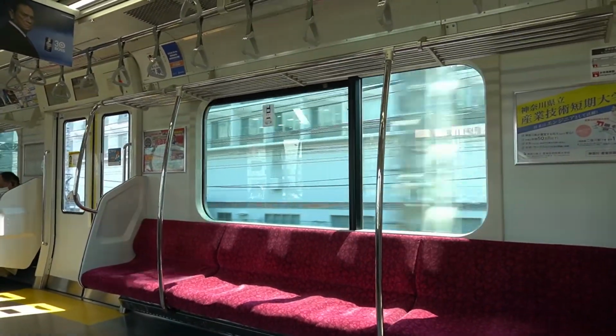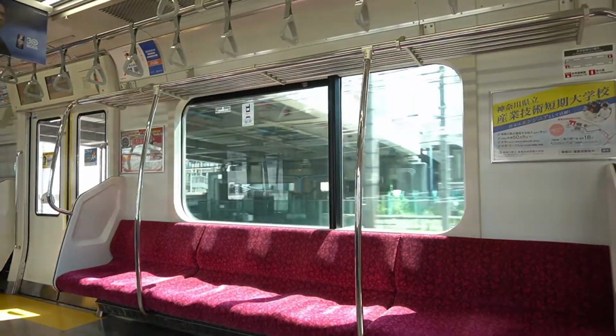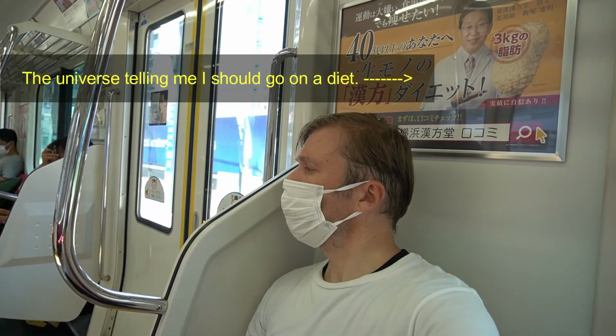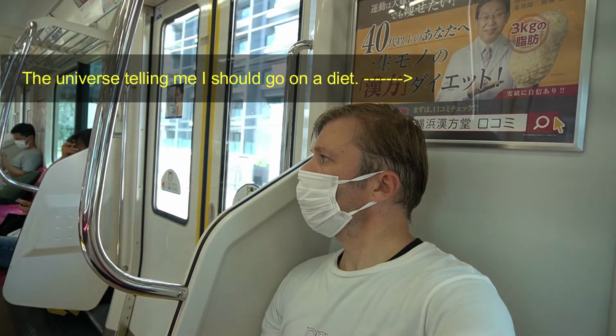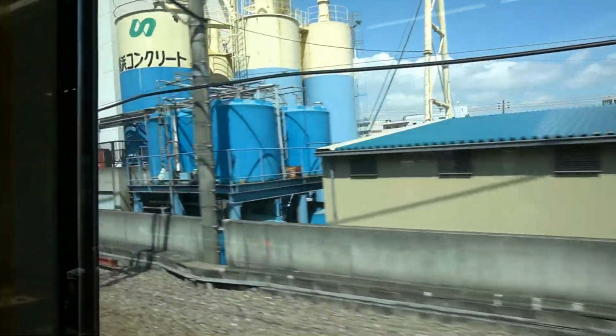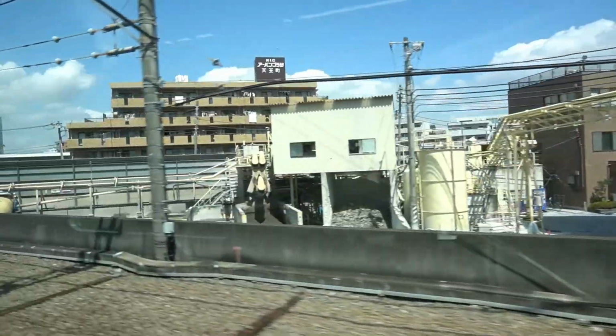Thank you for using the Shotengai line. This is the local bound for Shotengai. まもなく天皇町です。お出口は左側です。